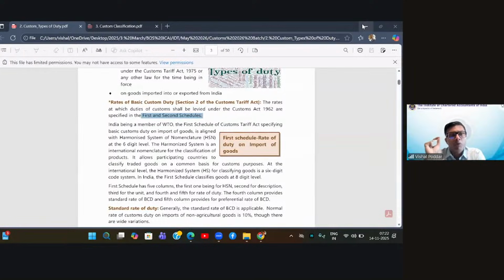Now here, I would like to talk about something which is part of our second chapter today, which is classification. I just mentioned that the import schedule is very vast. All goods are covered in the import schedule. In this relation, we have to understand that. And now here I will also bring a linkage with the GST law. Please pay attention.